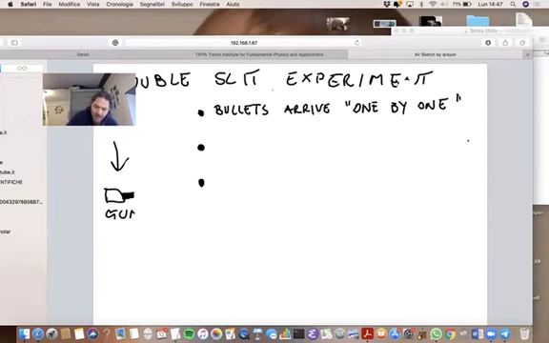What I mean is that I can recognize the sound of a specific bullet impacting the screen. Of course, two bullets could come and reach the screen almost simultaneously. But if I have sufficient resolution in my recording, I will be able to distinguish two slightly distinct times where they arrive. So basically, that is what I mean by bullets arrive at the screen one by one.